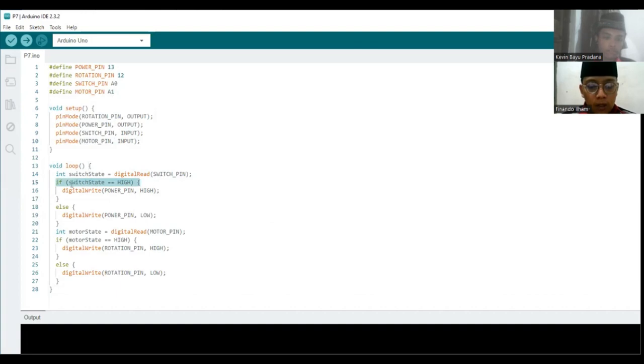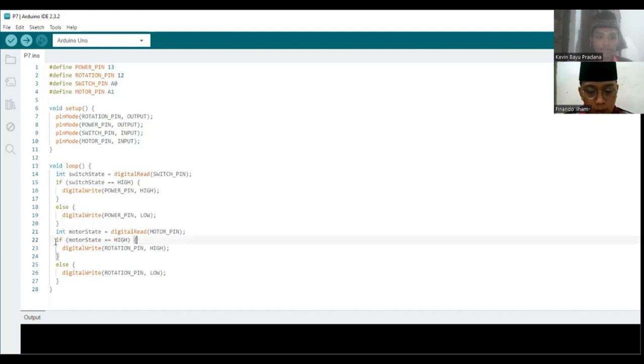The first condition is when the input value of the on-off switch is high. It will change the output power pin to high, which makes the motor rotate. The second condition, when the on-off switch input value is low, it will change the output power pin to low, which makes the motor not rotate. The third condition, when the motor input value is high, it will change the rotation pin output to high, which makes the motor rotate clockwise.